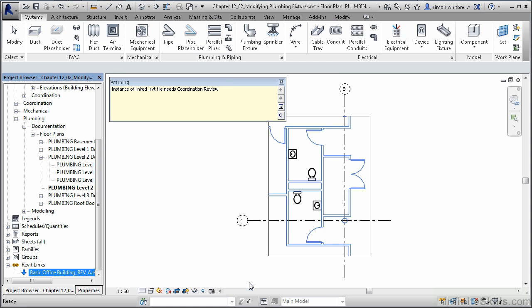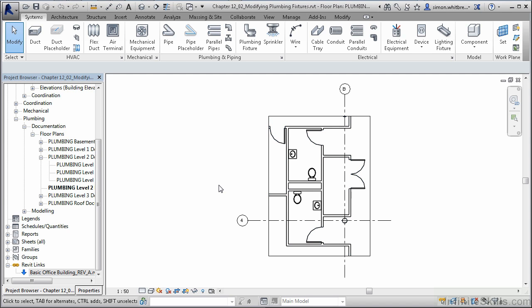click on Open. You will get a message saying, warning, an instance of a linked RVT file needs coordination review. This means you actually need to do something. You can ignore the warning, but that means that you're going to miss out on some potential changes to your